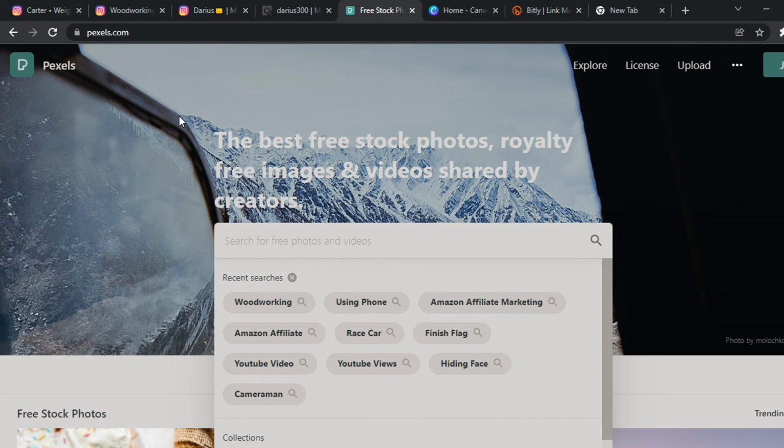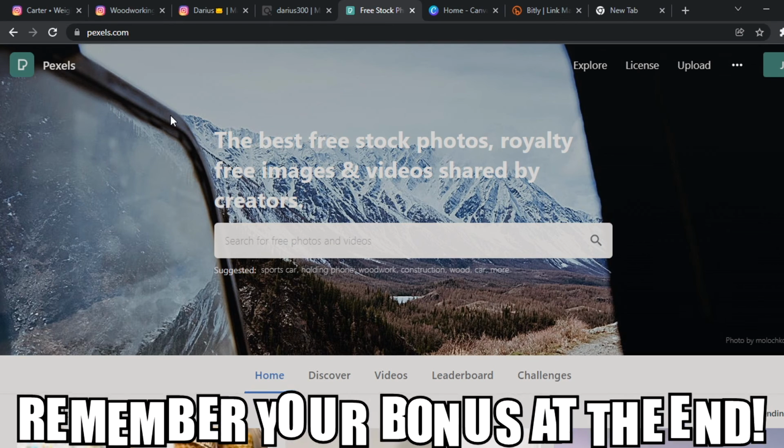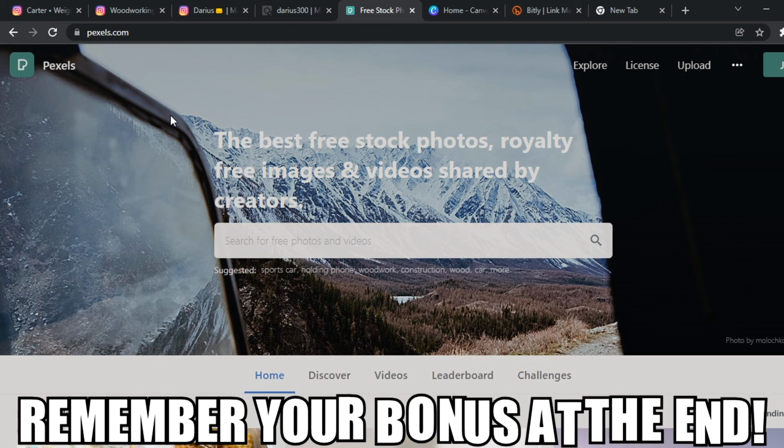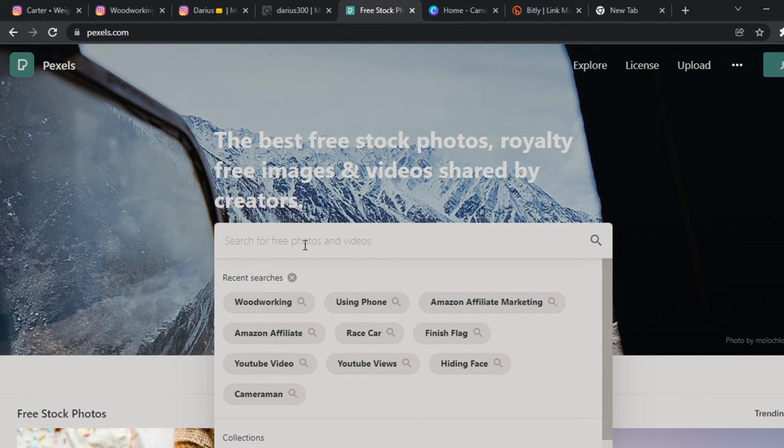To do this, what we want to do is use a platform called Pexels. Now Pexels is a platform where you can pick the best free stock footage or videos you can post on Instagram to be able to make money. You can do this without even showing your face, so this is why I'm giving you this page to be able to make money. So for example, I'm just going to type in maybe our offer is about make money online. So what I'm going to do is type in wealth.